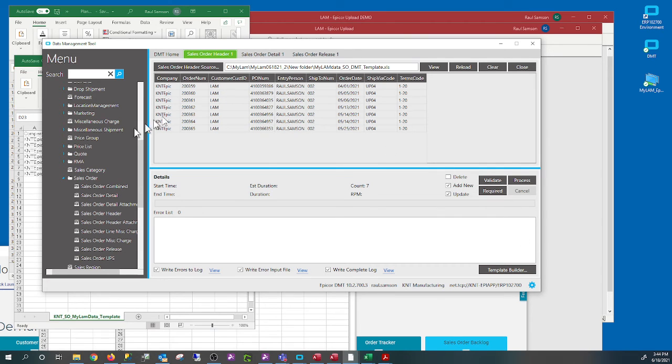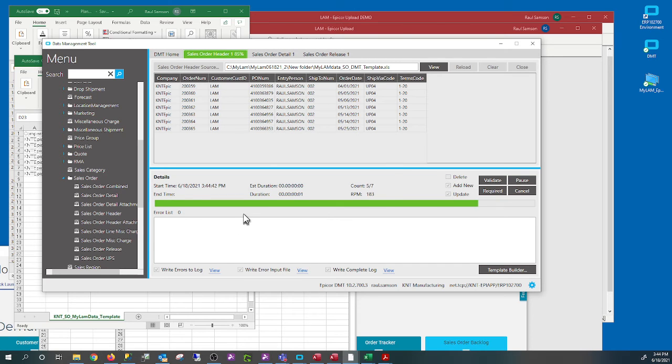Now, how do you know that all of these headers are correct? There is a required button here, which will tell you what the right fields are that are needed to load this data. Once you click this, it tells you right away that it needs a company, sales order, and the customer ID. It's right here. So if there is no more error out of this.